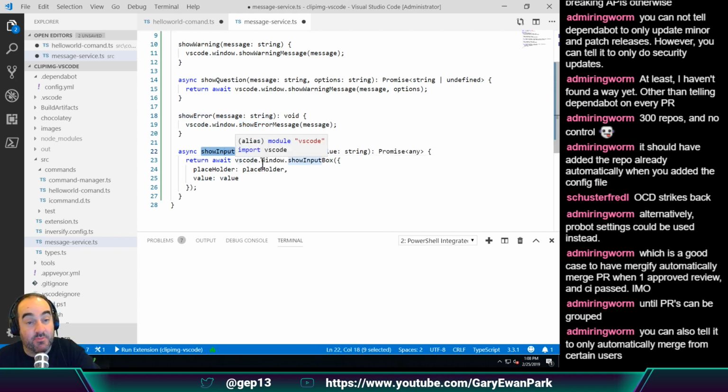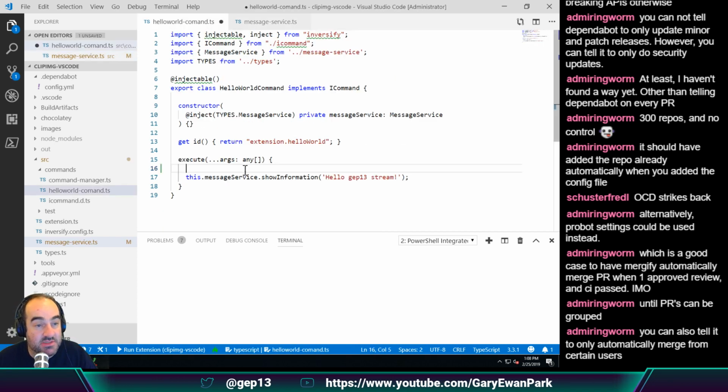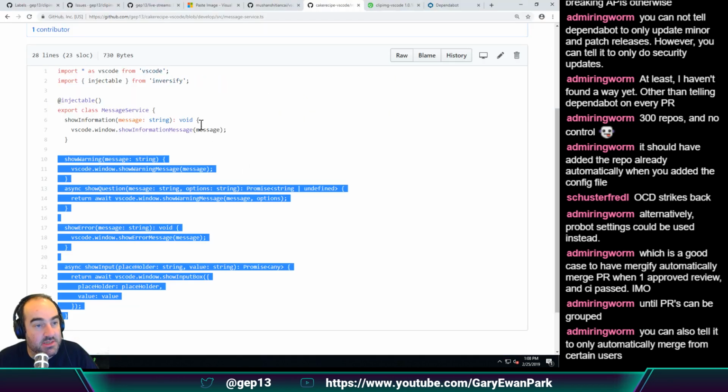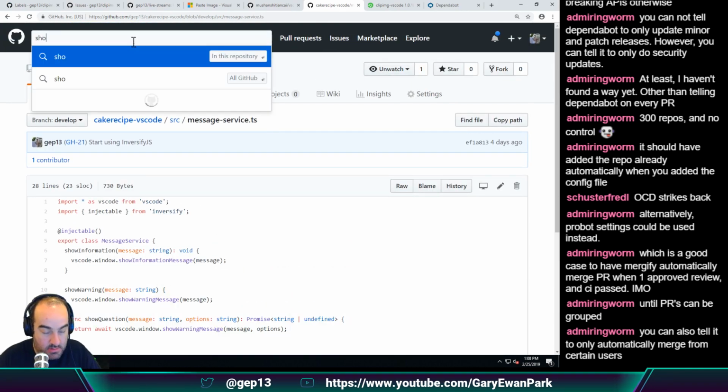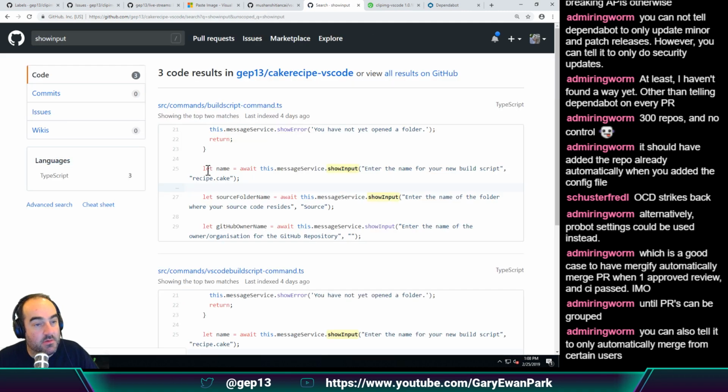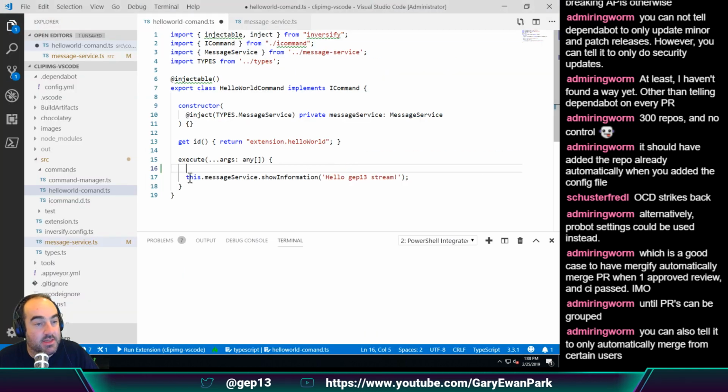So this is me getting input from the user and making it available to them. With this show input, I should now be able to make use of that. So over here, we make use of show input. Let's borrow this part. So we're going to say show input. We want to say let the alt text be equal to,